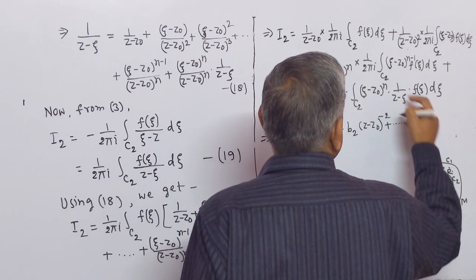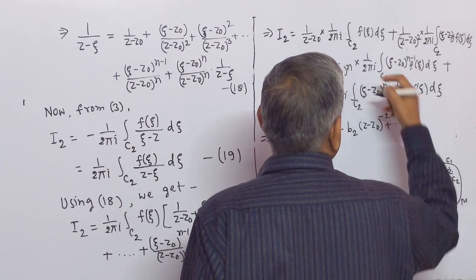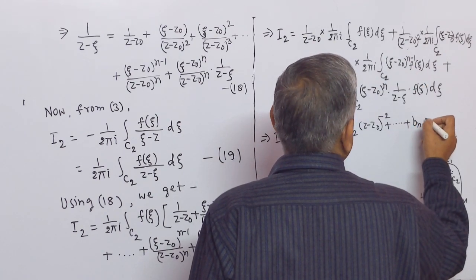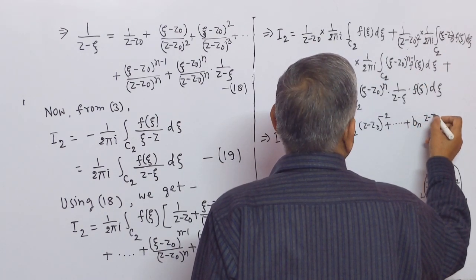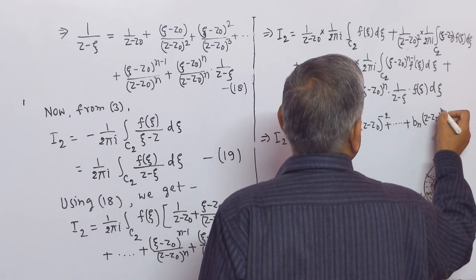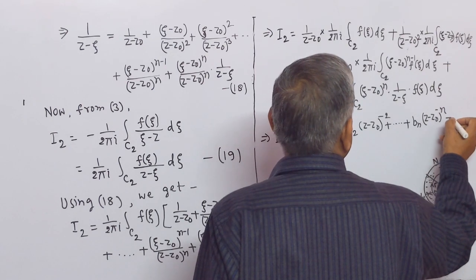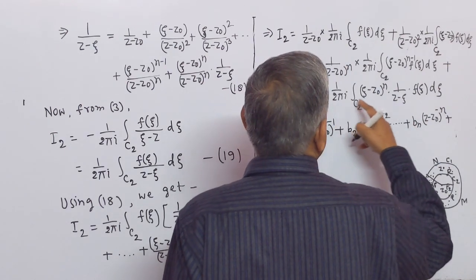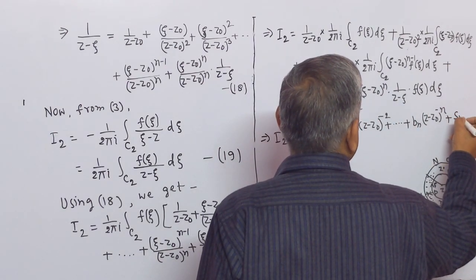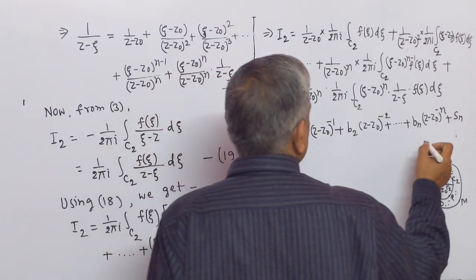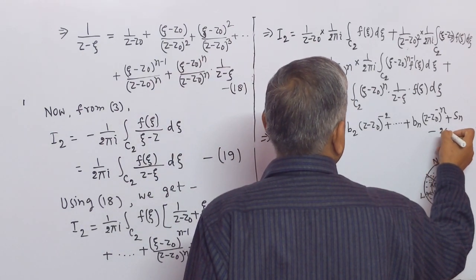This part is bn, z minus z naught whole to the power minus n, plus, let this quantity be Sn. Let this be number 20,